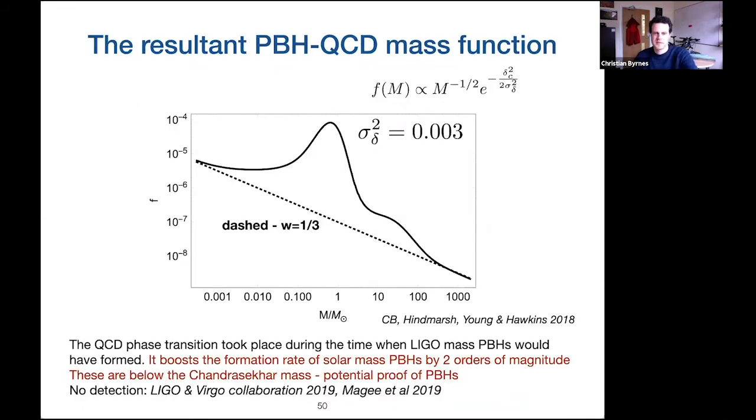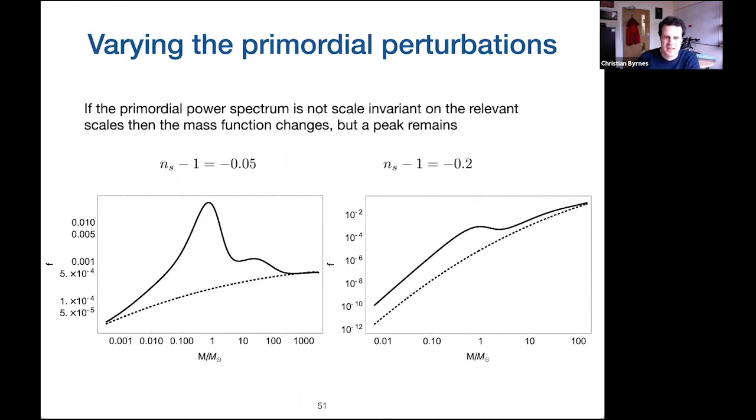Now, that was assuming exactly scale invariant perturbations, and remember that cannot continue too far, because that's completely ruled out on the observable cosmic microwave background scales. So if you add in some spectral index, assuming it's constant for no good reason, just for simplicity, you see how the mass function can change shape a lot, but nonetheless, compared to the dashed line,